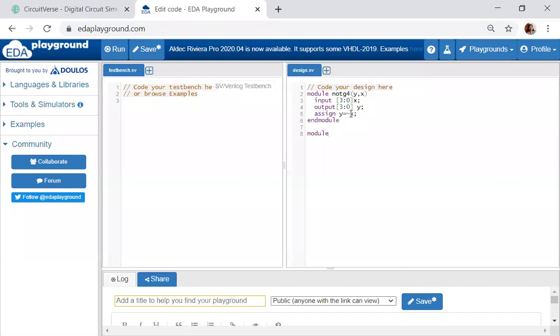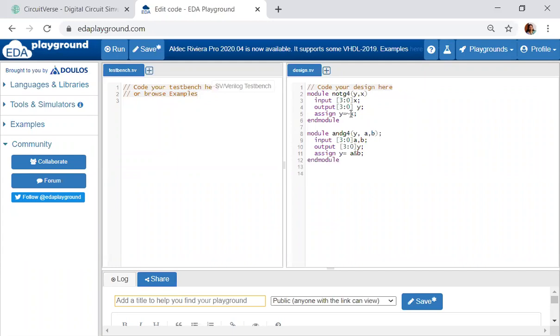Which is the next module program we require? We require an AND gate program. AND gate 4-bit. I'll write an AND gate 4-bit. An AND gate requires 2 inputs and 1 output. So 1 output, let me take it as Y. It doesn't make any difference if you repeat the variables. So I have input 4-bit, it is 3 down to 0, A comma B, and I have an output 3 down to 0, Y. And here it is assign Y is equal to A and B. End module. The AND gate is over.